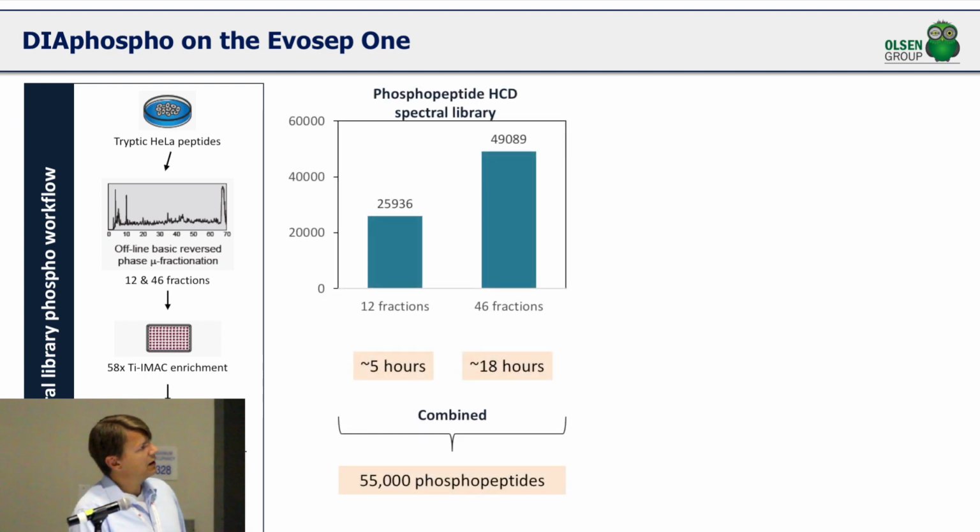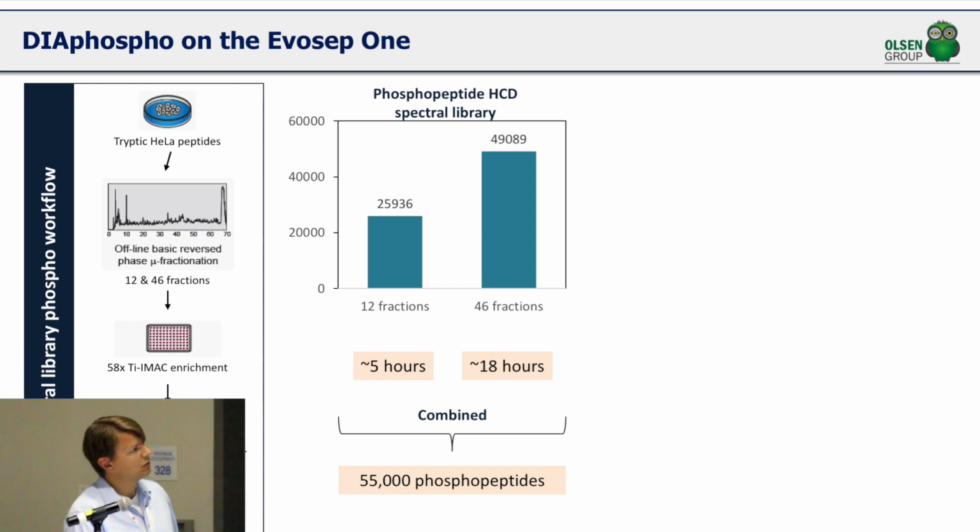And we can see that with just 5 hours of analysis with the 12 fractions, we identify more than 25,000 phosphopeptides on the EvoSep system. And if we use the 46 fractions, we're close to 50,000 sites. And combined, we have more than 55,000 phosphopeptides that we can now use as our library to match into